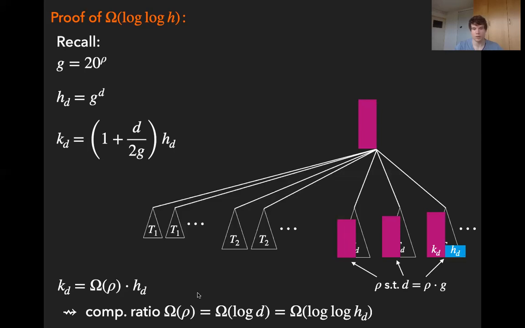And now we can just transform this. So rho, because of this equation here at the bottom and the equations at the top, can be seen to be at least of order log HD. And HD is just the number of offline servers rounded down to some power of G. And so that's how you then see this log HD lower bound. And you see that it doesn't really matter how many online servers there were at the root. There was no advantage of having more, because there still need to be so many traveling along this edge.